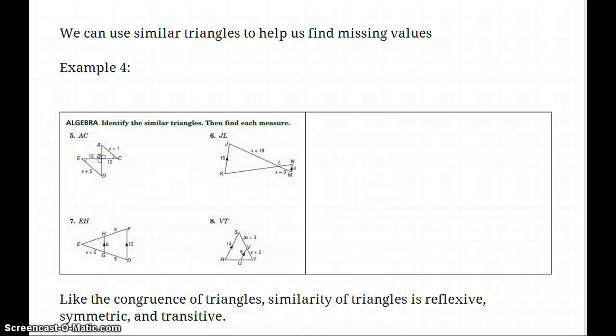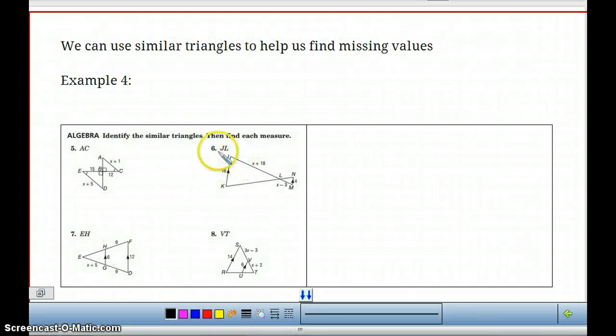Let me do this. I'll come back in. Take a look at number 6. Do we have similar triangles first? Well, we have vertical angles here, angle NLM and angle KLM. And notice that we also have parallel lines, which means angle KGL would have to be congruent to angle NML because of alternate interior angles. So that means the triangles are similar, AA similarity,